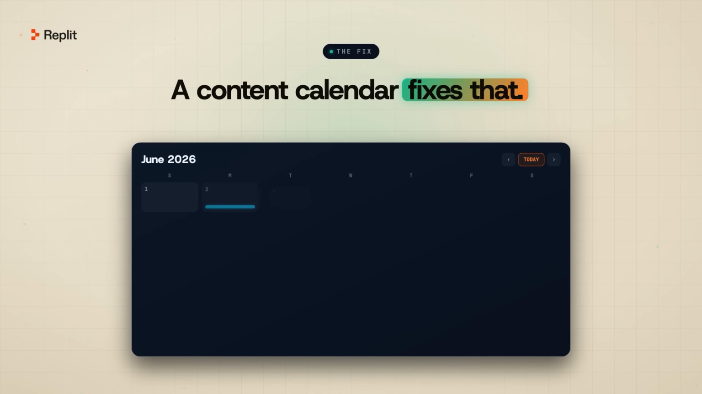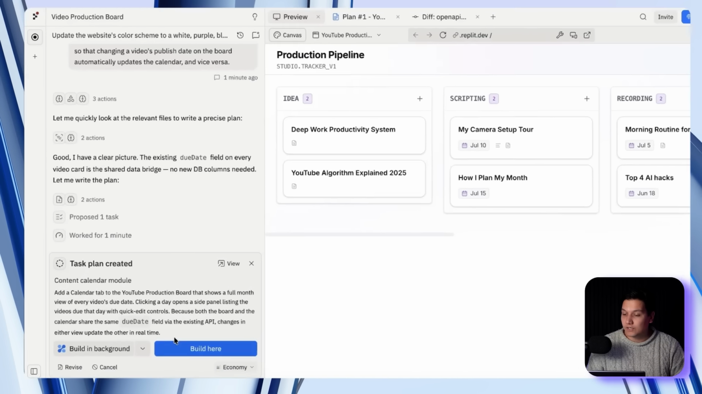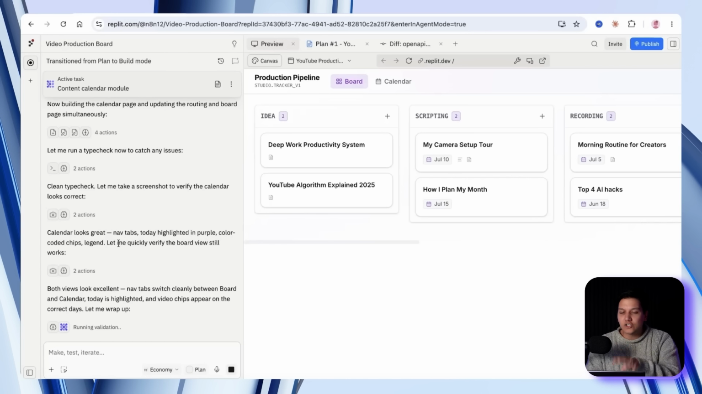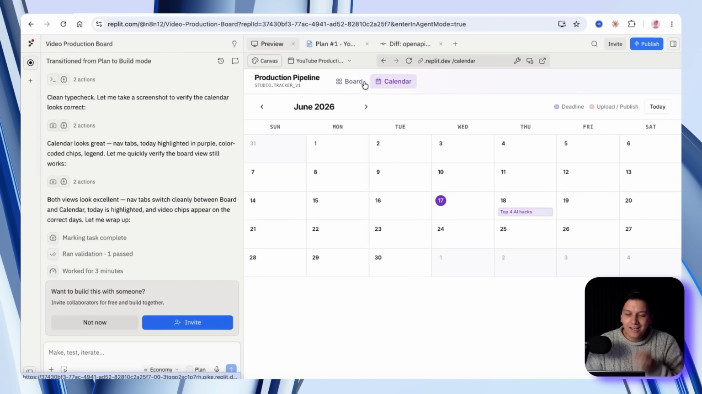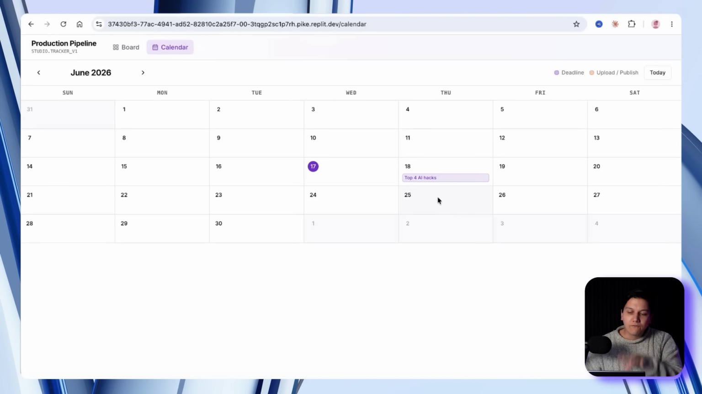So I'll just give my idea to plan mode, and it will then think it through, and then I simply just approve it, and then now the build starts, and in just a few minutes it's done. Now let me show you this quick. So this is the content calendar view. A full month on